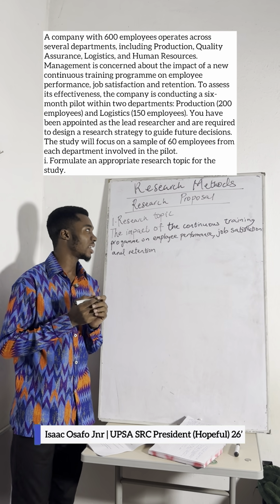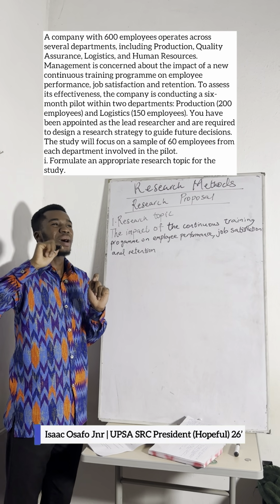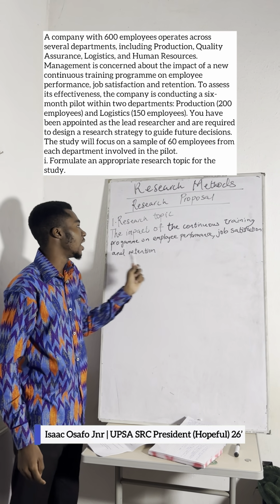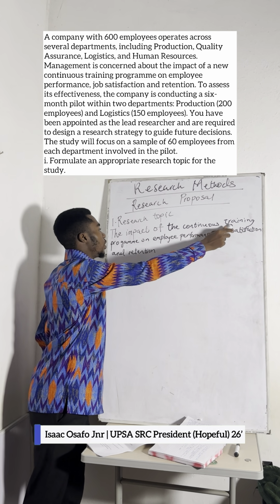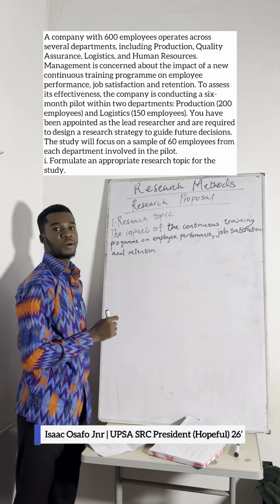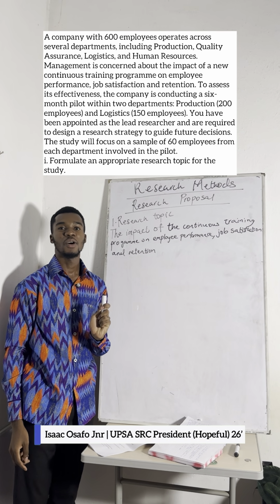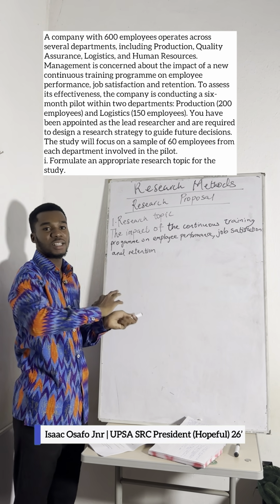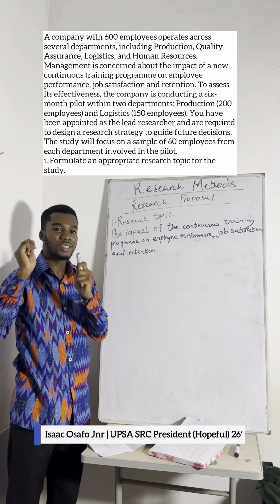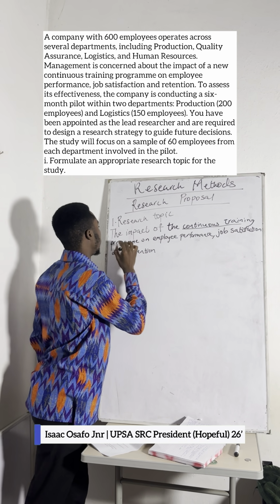You get? Now this one, they said that management is introducing a new training program. They want to see if that training program has an impact or an effect on the employee performance, job satisfaction, and retention. So they want to see if continuous training program has an effect. So the impact of the continuous training program. So that means that the continuous training program is your independent variable. Whatever is after the impact. So when you see the impact of this, the cause of this, the effect of this, that's the independent variable. So whatever is causing another thing to happen, you get it. So this continuous training program is your